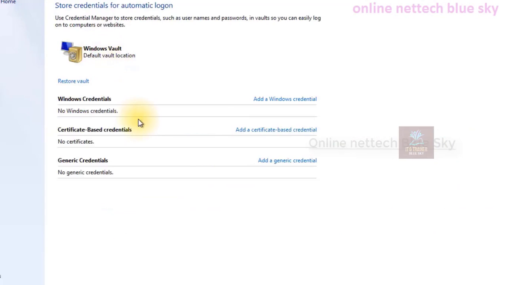So in Credential Manager, you can see here on Windows 7, this type of Credential Manager does not show a web credential, just showing only Windows Vault, okay. So nothing shows here, no information about my computer data and network.